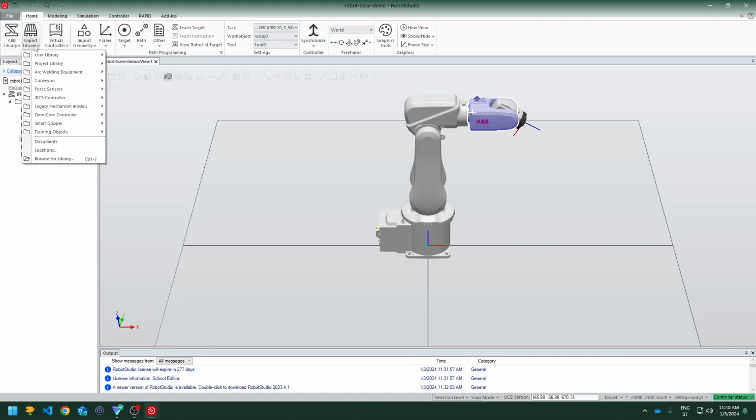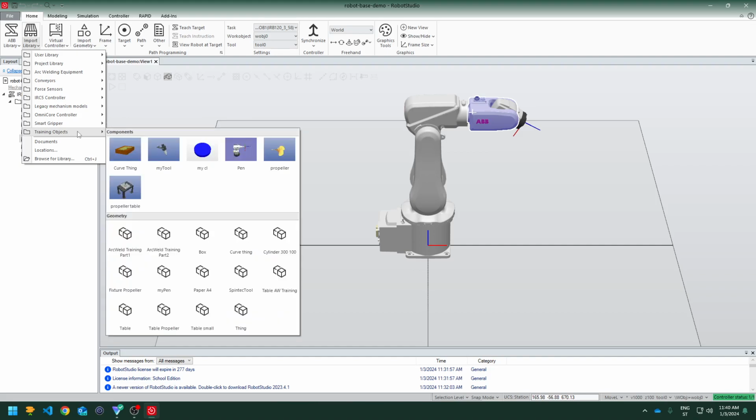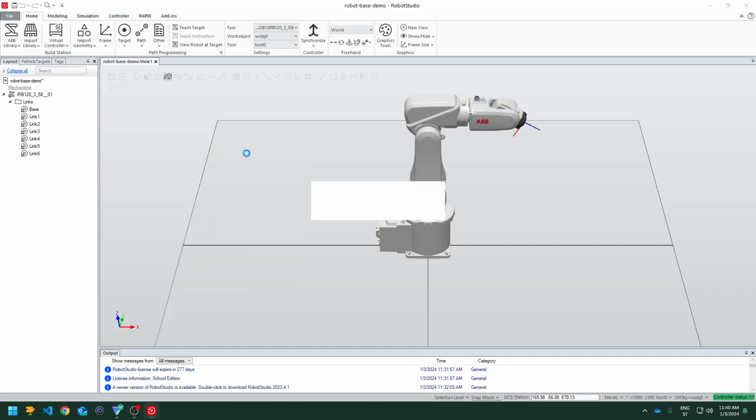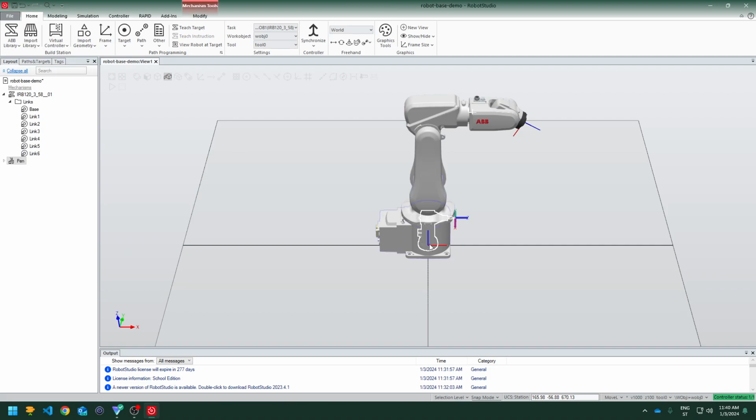If you do want to add one, you have, for example, under importable, a smart gripper. You have different options. For example, you have this pen that you can add,